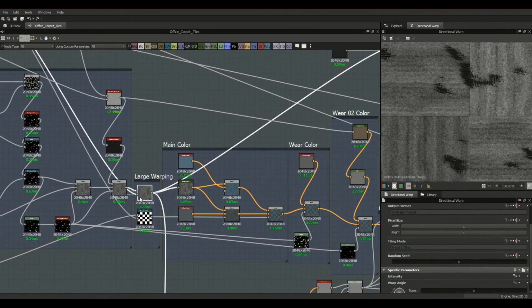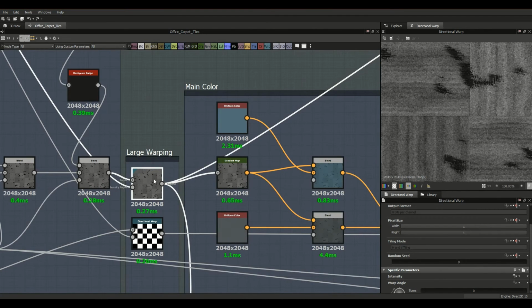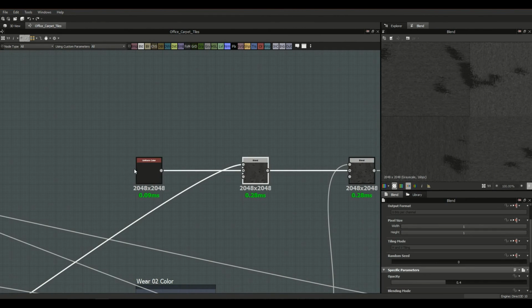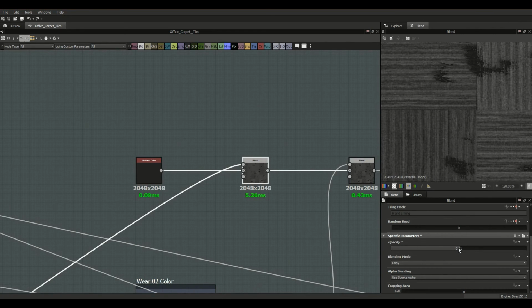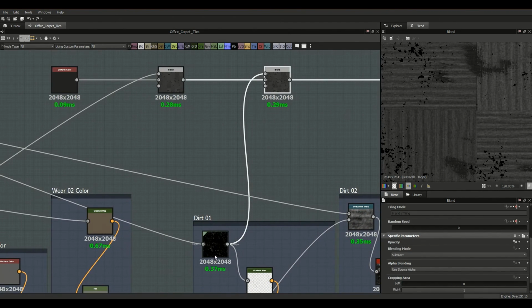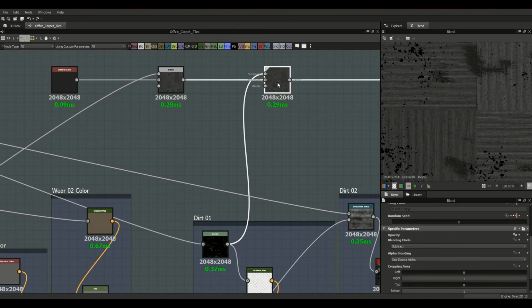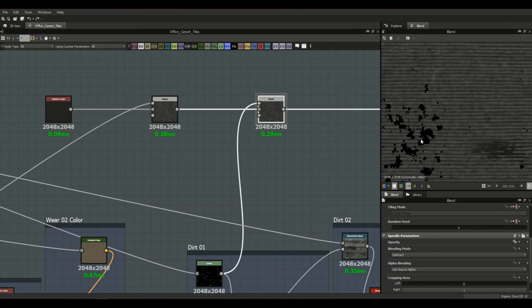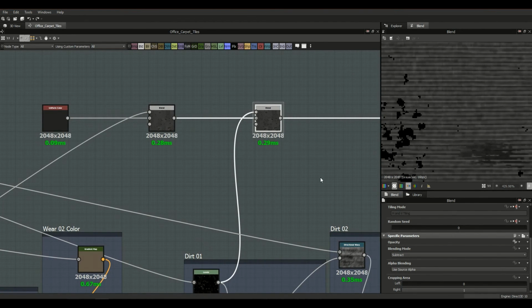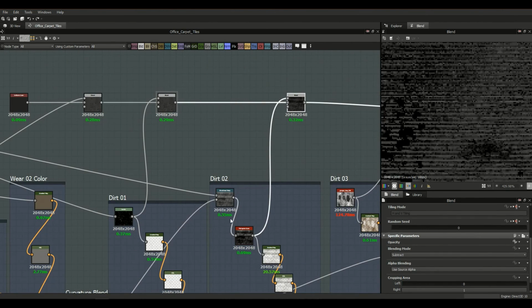I'm taking the large directional warp node and blending that on top of that gray at about 0.4. You can crank it up if you think it's more of a glossy carpet, but 0.4 is about right for me. Then we're taking this levels from dirt 1 and blending it with subtract on top. Obviously dirt is pretty black, so it's not going to reflect any light, so that matches. And then we're doing the same thing with this dirt 2,